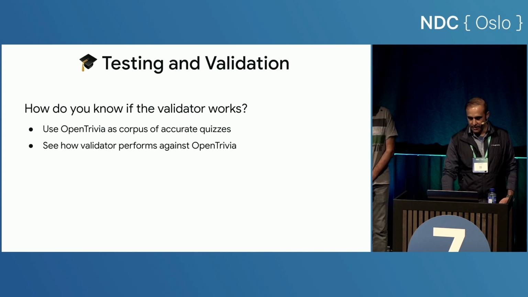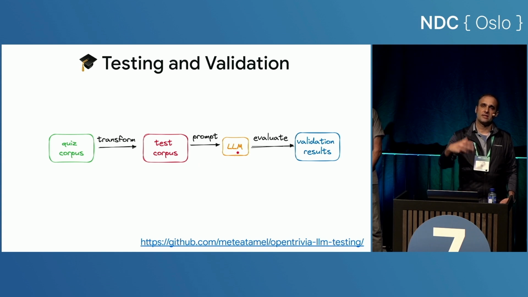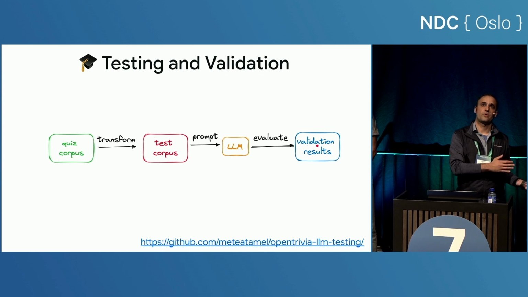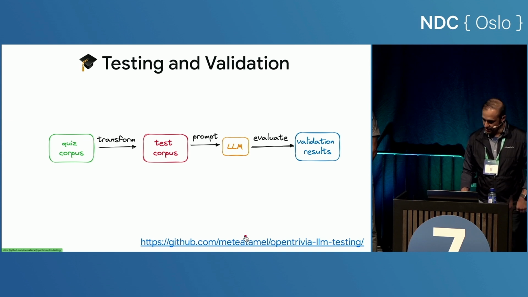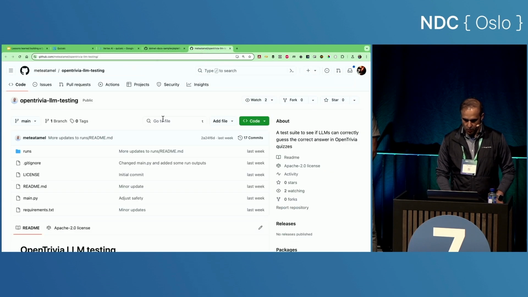So that's one idea. Basically, take your quiz, which is from Open Trivia, maybe change it a little bit, and I'll show you what I mean by this. Then ask the LLM, given this question and these answers, which one is correct, and then get the results and compare that with Open Trivia and see what you get. So I actually have this small GitHub repo where I did this, Open Trivia LLM testing. And I won't go through it in too much detail, but I just want to show you what we have.